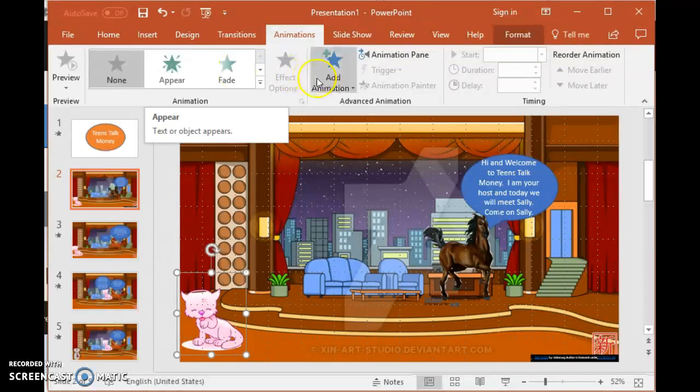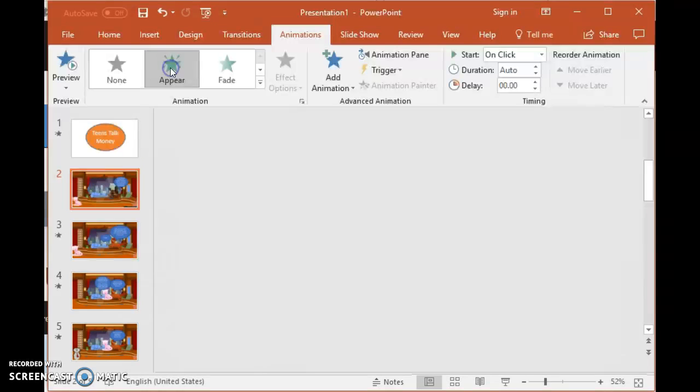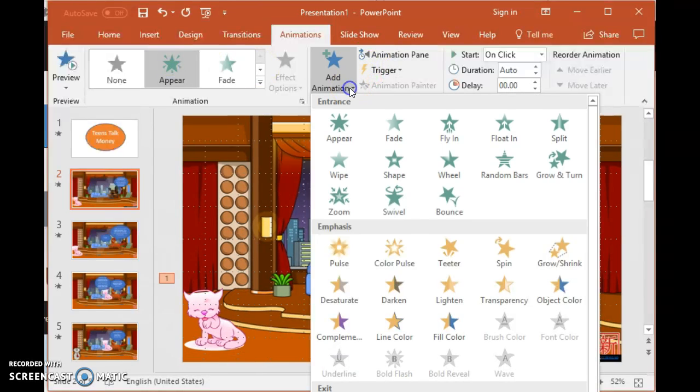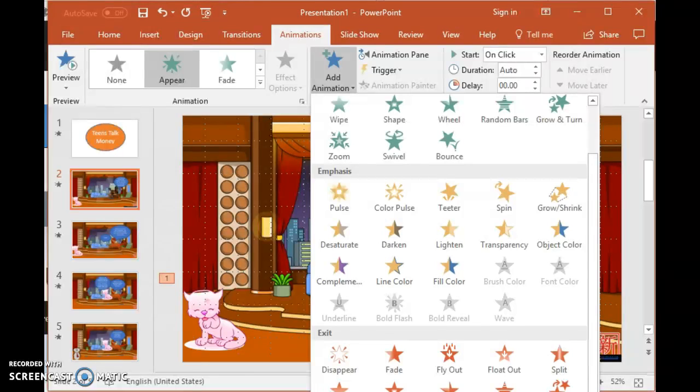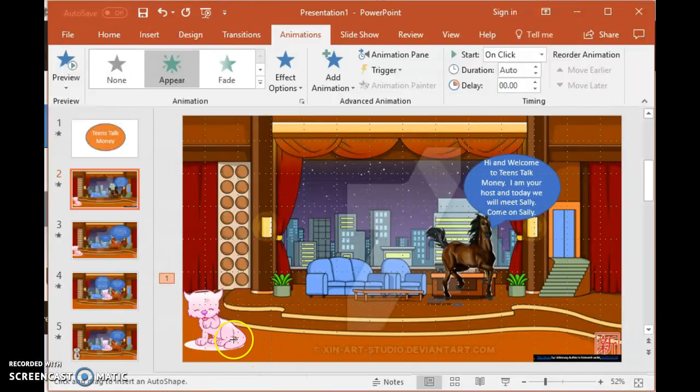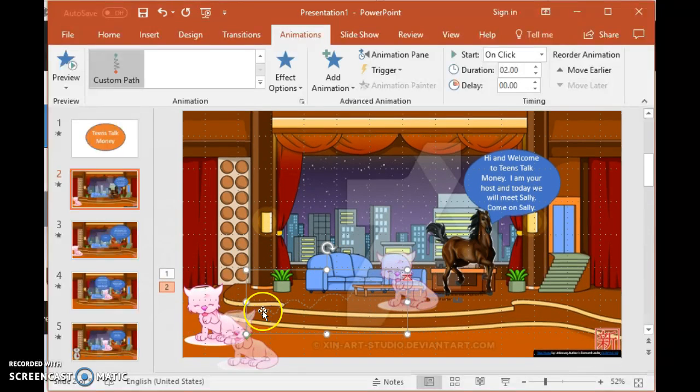and I'm going to add an animation, and I'm going to get her to appear, and then I'm going to add a custom path, and I'm just going to, from her, just make her bounce up the stage and across here and to end at the seat. Then click to end it, and she probably could have gone a bit higher there, but she bounces